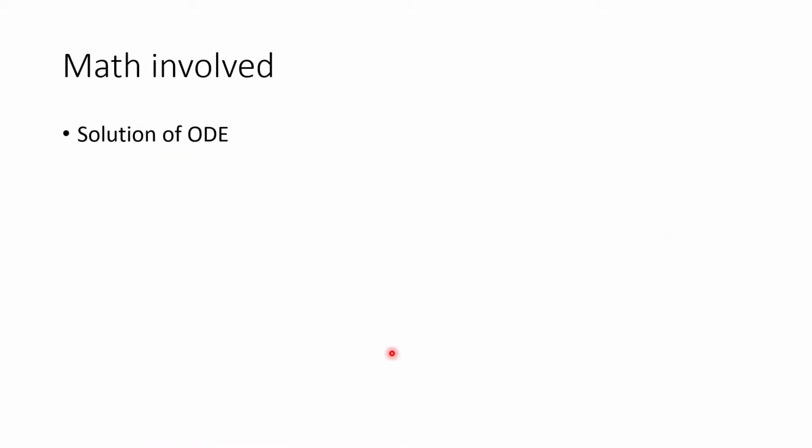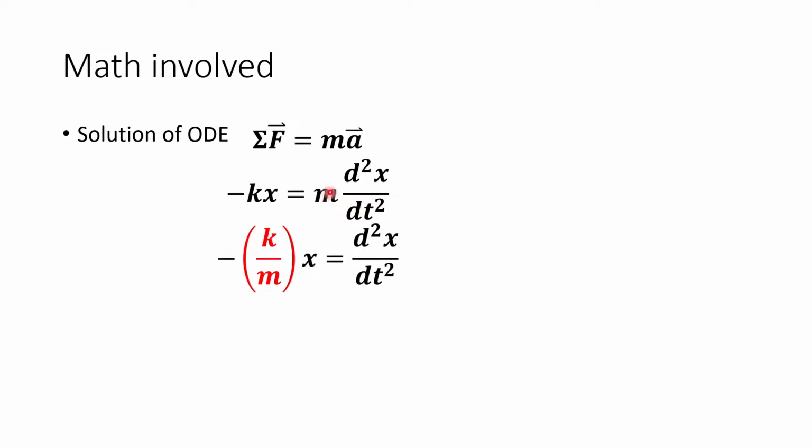So how does this evolve, you may wonder? It's a solution of what you call an ordinary differential equation, which is not a big detail that you need to go into solving. However, it goes like this. You have sigma force equals ma, and since the force is the displacement from Hooke's law, you can put the acceleration term in terms of m d2x by dt squared. If you move the term m, you get minus k over m times x equals d2x by dt squared.